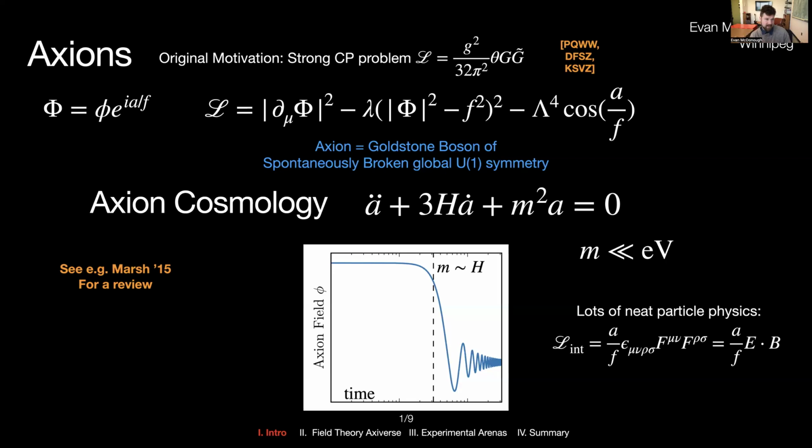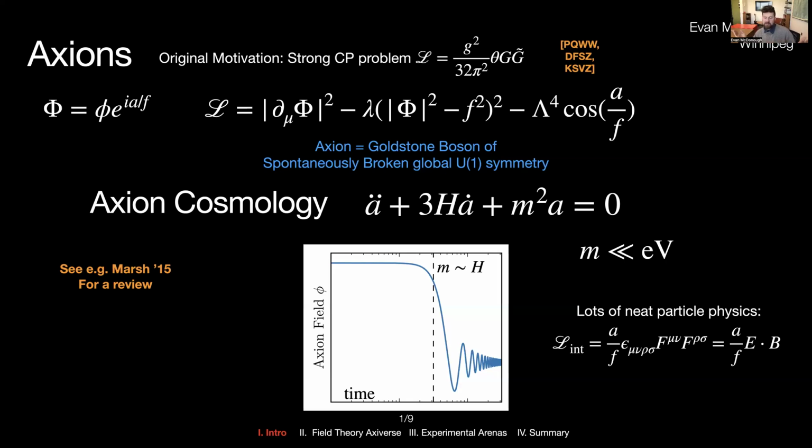The nice feature about axions, which is why we study them so much in cosmology, is that the mass is generated purely through non-perturbative effects. There are no perturbative loop corrections to the mass. And in this sense, it's technically natural to have a small mass for the axion field. So we can describe it